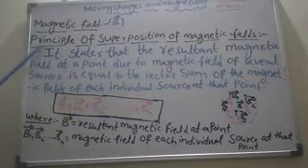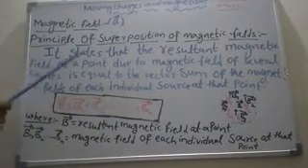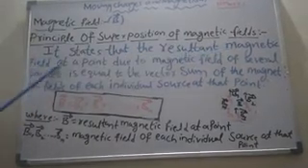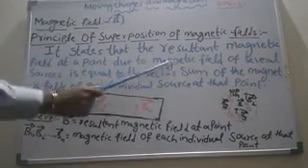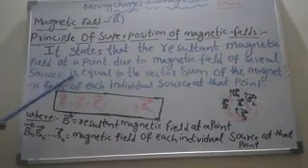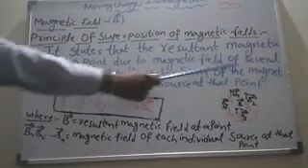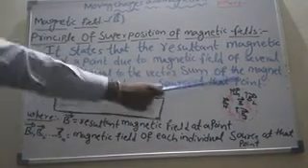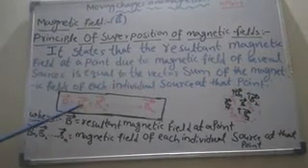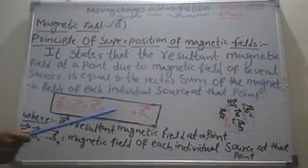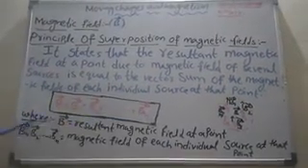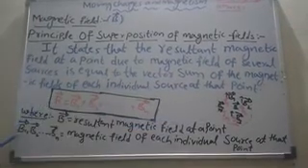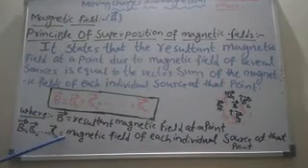The principle of superposition of magnetic field states that the resultant magnetic field at a point due to the magnetic field of several sources is equal to the vector sum of the magnetic fields of each individual source at that point. That is, B bar is equal to B1 bar plus B2 bar plus and so on plus Bn bar, where B bar is the resultant magnetic field at a point, and B1 bar, B2 bar and so on up to Bn bar are